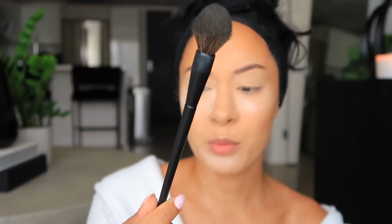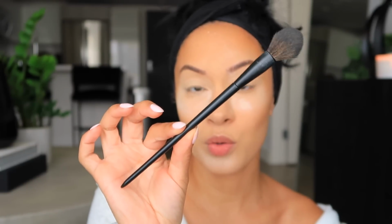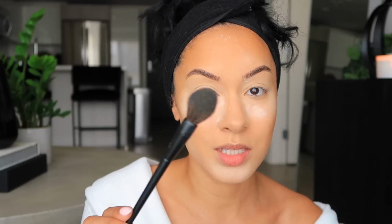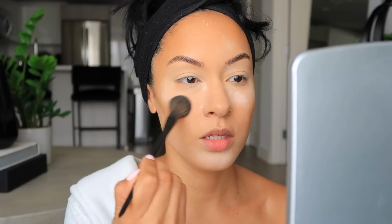So to dust it off, I'm using this. I didn't know Morphe came out with new brushes. I think it's like a pro collection or something like that, but these brushes look so freaking sleek. This is the Morphe V106. You can see it's this small kind of teardrop shaped fluffy brush, so I'm using this to right away dust off all of that